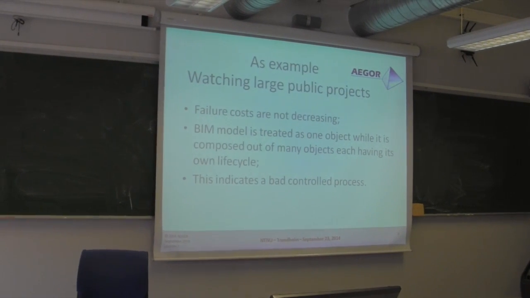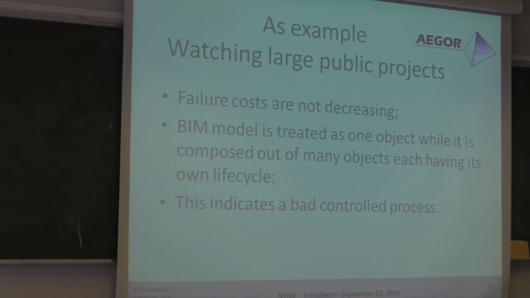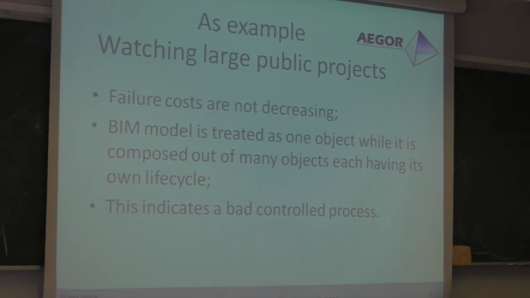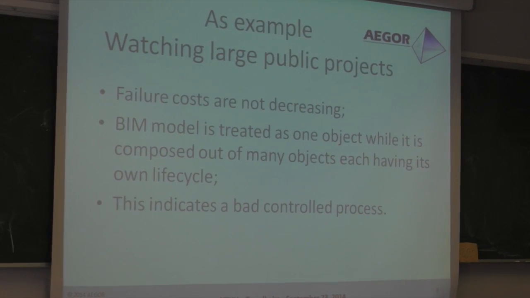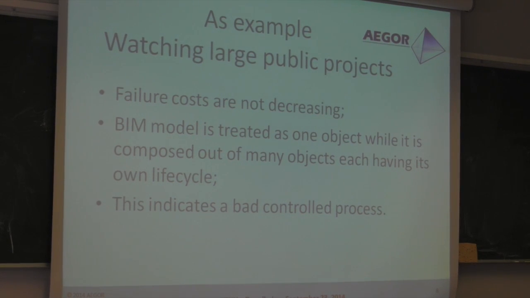Okay, again, this is the Netherlands. What do I see during the last 4 or 5 years? There are all kinds of nice enablers coming, like building information models, with a lot of expectations, etc. There are also some other improvements in building and construction. But if you look at the macroscopic Dutch level, whatever it means, the failure costs are not even decreasing, but slightly going up, perhaps because the projects are a bit more complex. That means that all the tools we put into the market don't help much.